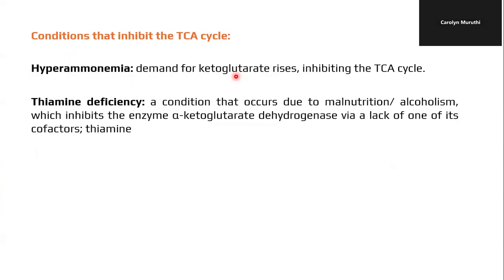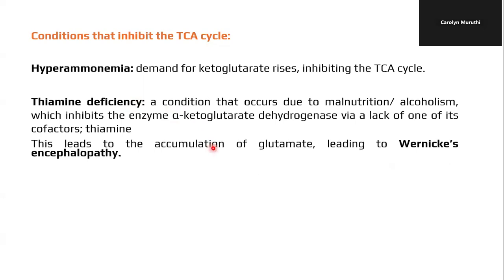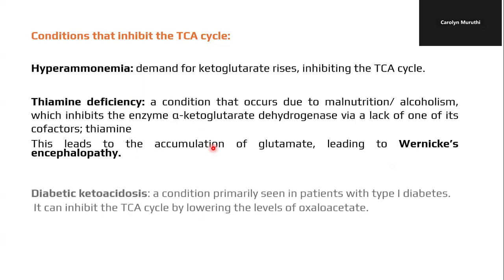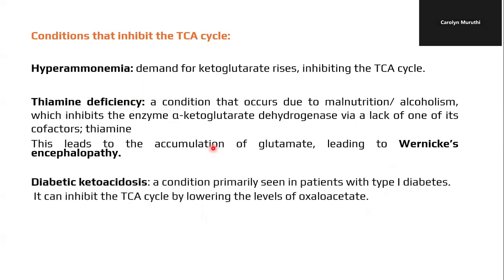Thiamine deficiency: we see that alpha ketoglutarate dehydrogenase requires thiamine as a cofactor. So its deficiency will compromise its activity, and this will result in accumulation of glutamate, leading to a condition known as Wernicke's disorder. Also, diabetic ketoacidosis, a condition seen in patients with type 1 diabetes, can inhibit